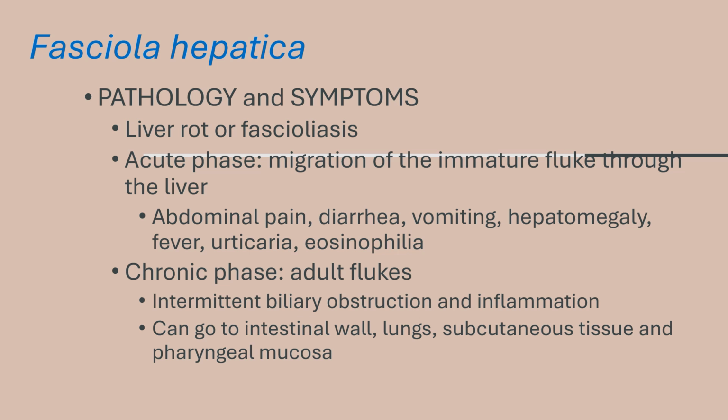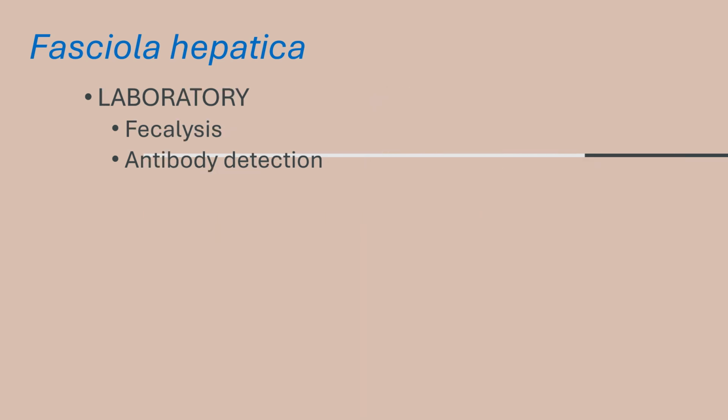Recap of fascioliasis, or sheep liver rot: individuals infected with Fasciola hepatica experience symptoms caused by the presence of the adult worm in the biliary duct. You have headache, fever, chills, and pains in the liver area. The pain is probably caused by tissue damage from the presence of the adult Fasciola hepatica. Also eosinophilia, jaundice, liver tenderness, anemia, and the rest. As we said earlier, biliary obstruction may also be present.